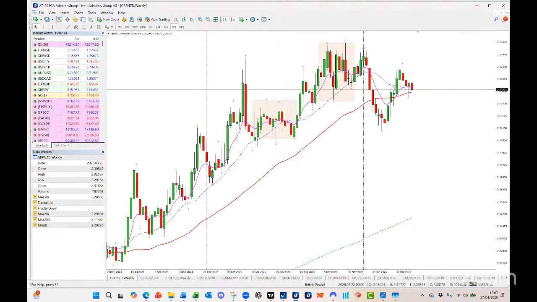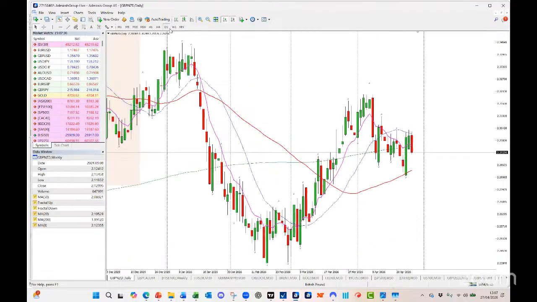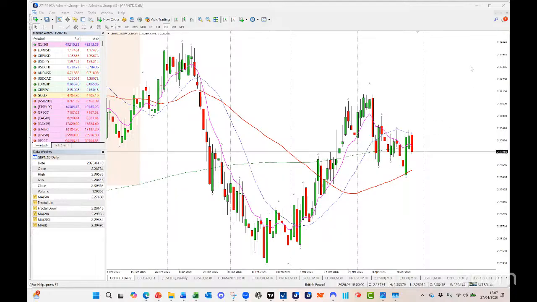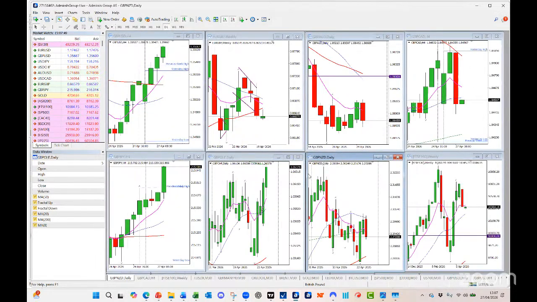Pound against New Zealand dollar on the weekly chart. We are sat above the 50, but once again, if I go down to the daily chart, I had been looking at whether we were building a cup and handle. That's what I was looking at. I'm looking to see whether that plays out, and that would indicate some sterling strength and Kiwi dollar weakness. Yeah, I'm not sure how much that plays through at the moment.